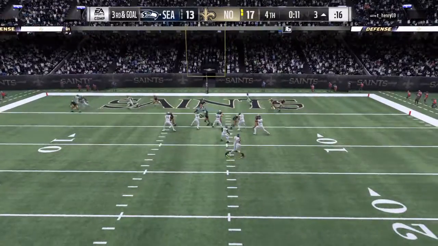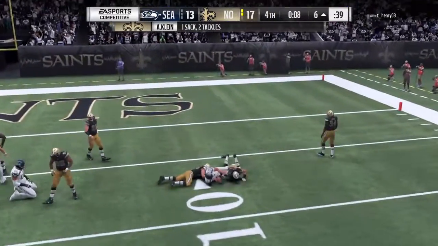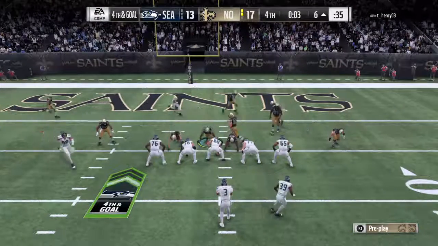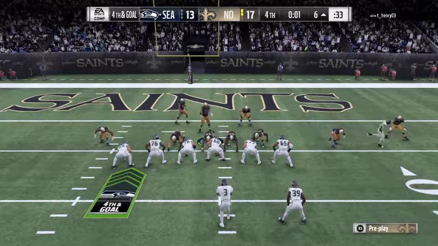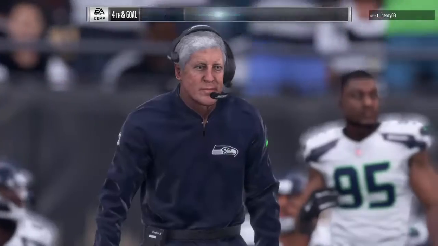Back to throw. Flush to his left, feeling the pressure here and taken down. A sack back at the 7. 5 seconds, 4 seconds. And here the pressure from the outside linebacking spot. And normally when that happens and they're able to